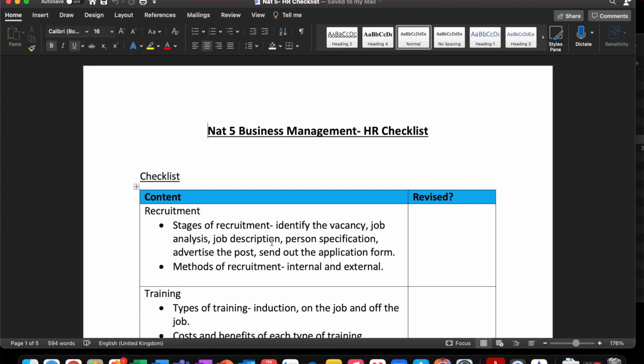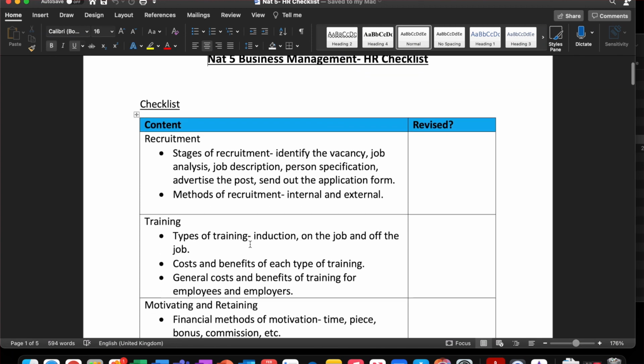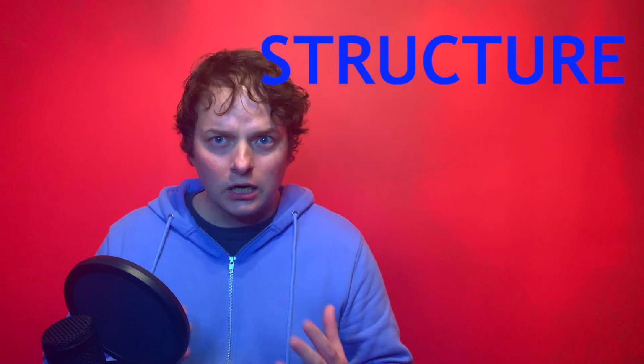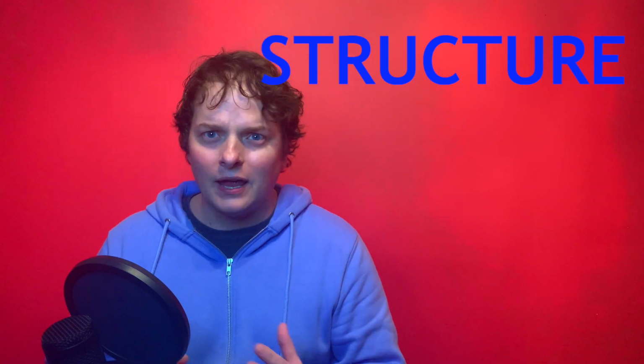A related thing that has been working for some is when you have a lot of information or tasks to communicate with students, boil it down to a knowledge organizer type checklist, like in this example from Emma in business management. In terms of the actual structure of the lesson, regardless of whether the whole thing is synchronous or asynchronous,